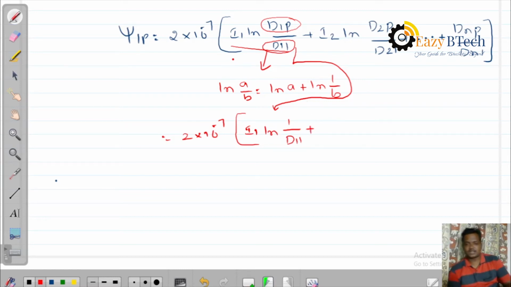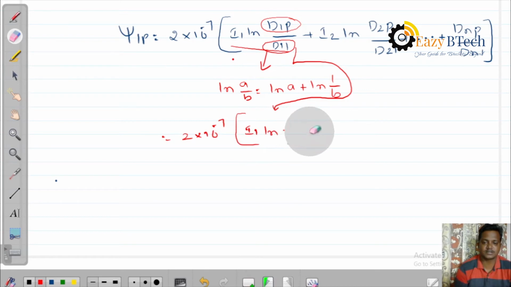Okay, no problem with that. Here A is d1p plus B is I1 ln 1 by d11 plus,